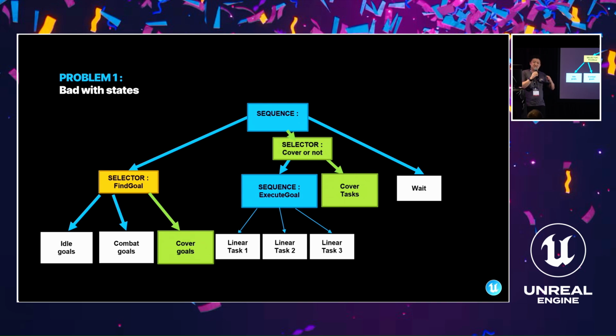And the other problem is that it's not just adding, it's removing as well. If you're trying to remove a particular behavior, you have to start to go into, oh yeah, but this doesn't work anymore. I have to change the way it works. So that's problem number one, right? And it gets exponentially more complex with more permutations, and because a lot of AI requires states, you will end up having to do it. Okay, the second problem,